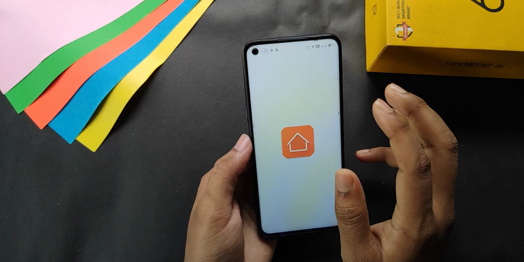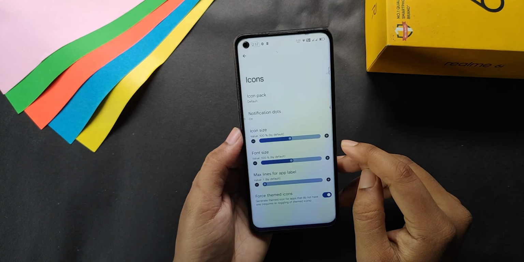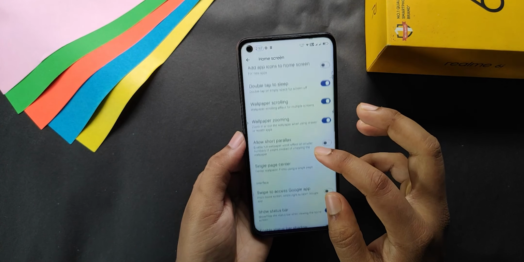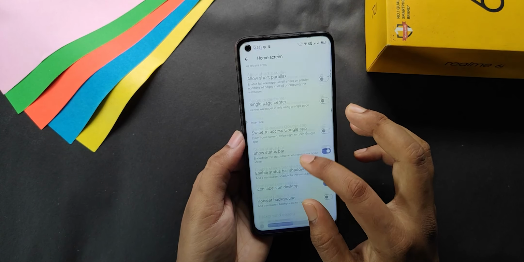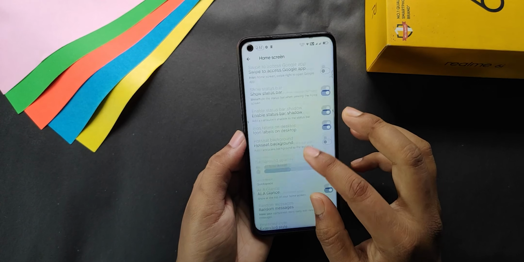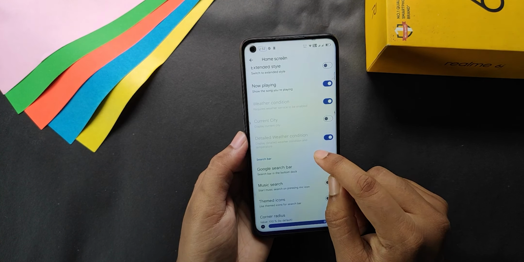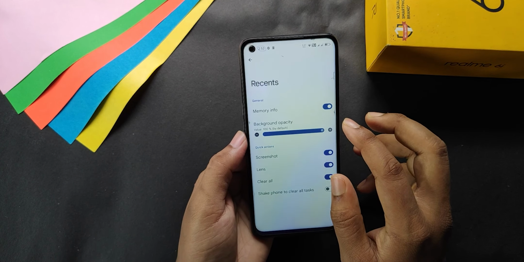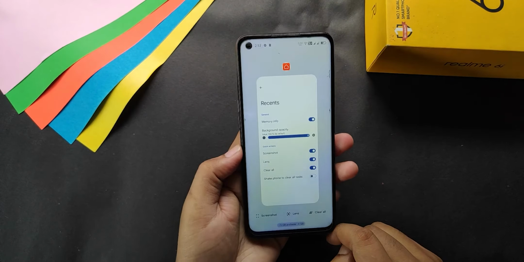If I hold in the home settings, this is the home settings. In icons we get this much customization, then in home screen we get options like wallpaper scrolling, wallpaper zooming, etc. and swipe to access Google app, just like the options we get in other ROMs, I mean in other launchers. In the recent we get the memory info which shows the current RAM usage, and talking about the RAM usage,